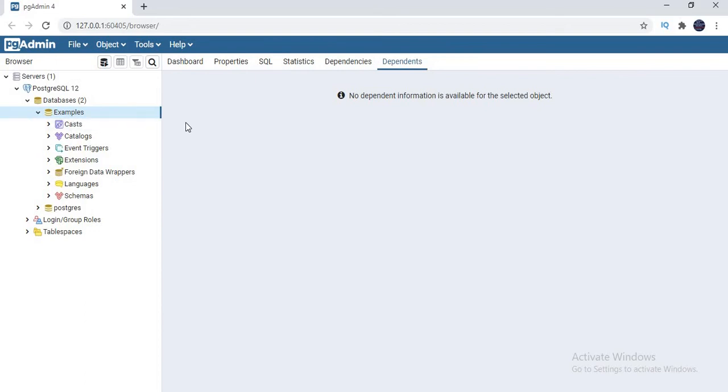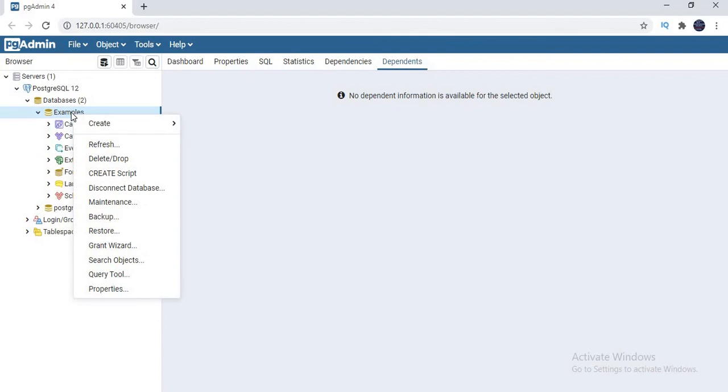I simply created a database by using right click and create. But I want to create a table by writing the full syntax. I hope you know that the create table syntax is almost the same when you compare it with SQL Server. So then where is the query window to write it? Just select the database, any database which you want. I want to perform my examples on the examples database.